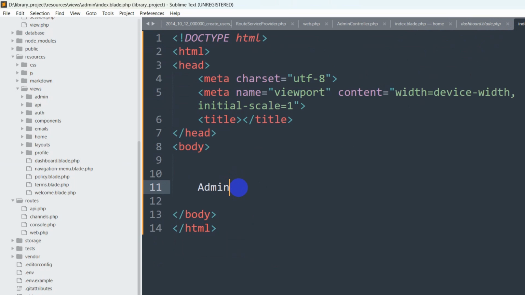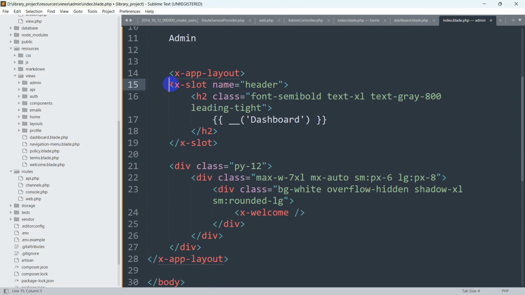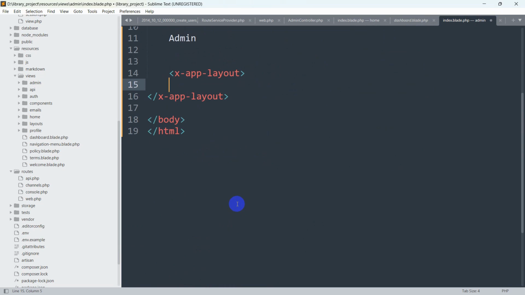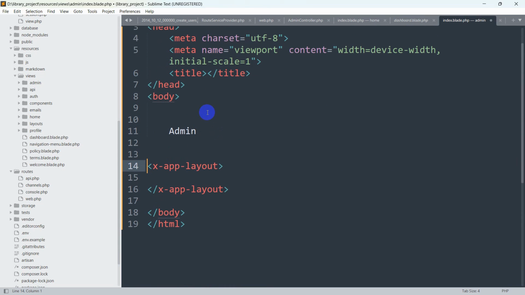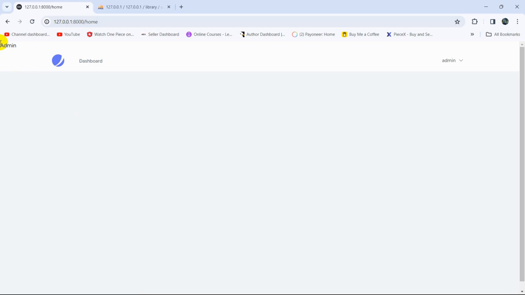Here you can see the admin folder. We paste it over here, and we're going to remove those from here. Let me just save it. And if we now refresh over here, there you can see admin is hidden over here, and we have the